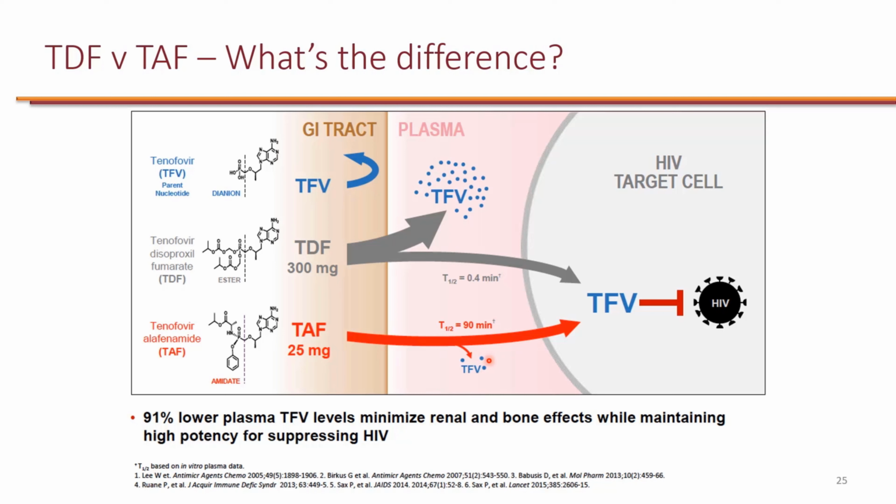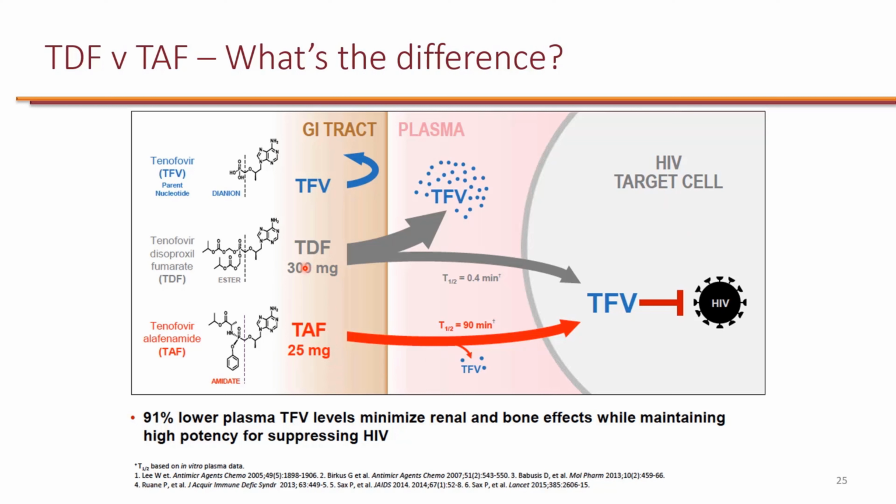But because this is a significantly lower concentration in the blood than compared to TDF, it has significantly less nephrotoxicity and bone mineral loss, and therefore we're starting to use more and more TAF compared to TDF because the efficacy is the same, because you get the exact same amount in the CD4 cell, and that's exactly why you see